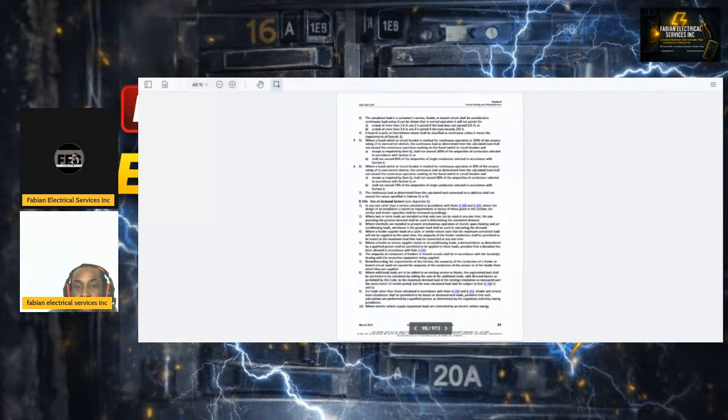And A, except as required by item B, shall not exceed 80% of the ampacity of conductors selected in accordance with section 4, or B, shall not exceed 70% of the ampacity of single conductors selected in accordance with